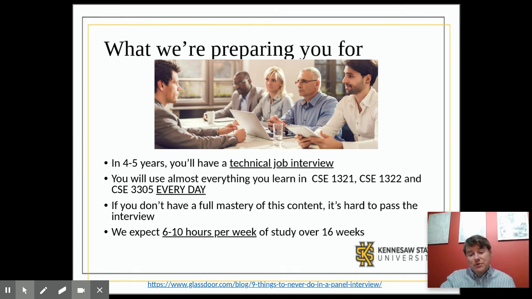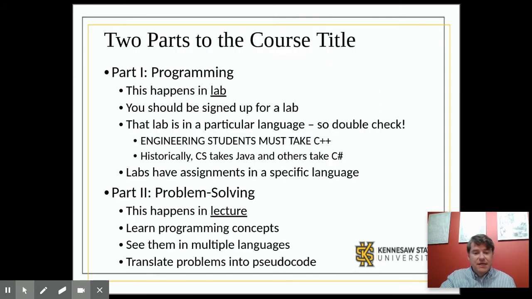From a practical standpoint, I need you to understand how to do things. When you're in the lab, you're actually going to do those things, but I need you to understand how it works, not just be able to copy and paste code from somewhere and not really understand it.